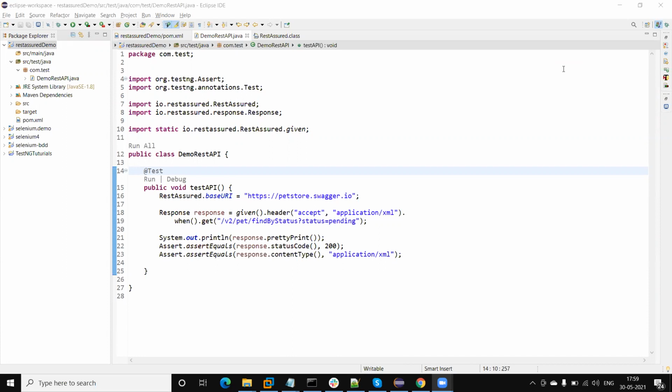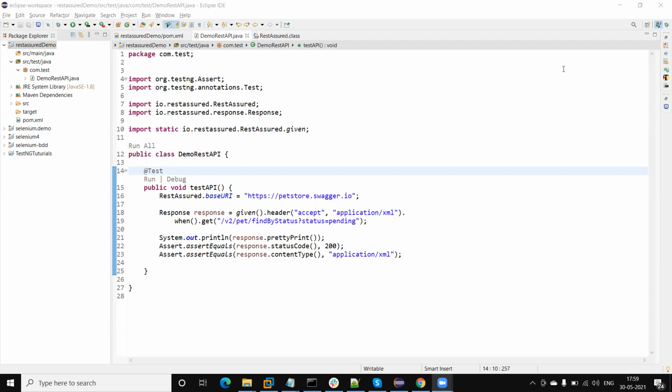In the last tutorial, we discussed what is the API, REST API, what is the REST Assured library, how we set up the REST Assured library on your Eclipse project, and how we create the first test.